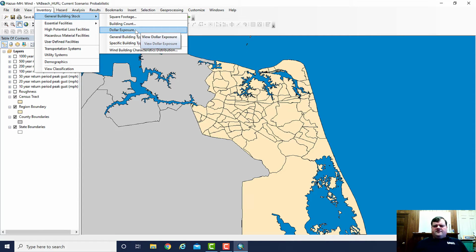So keep that in mind as well. It's just how much it's going to cost to replace a structure if it's destroyed. Okay, we also have mapping here as well,